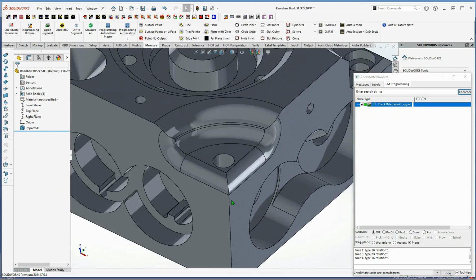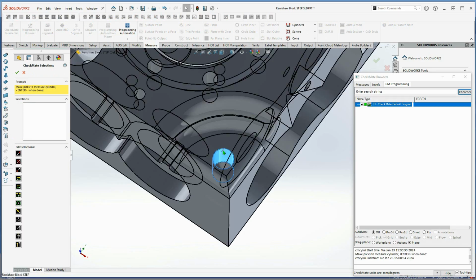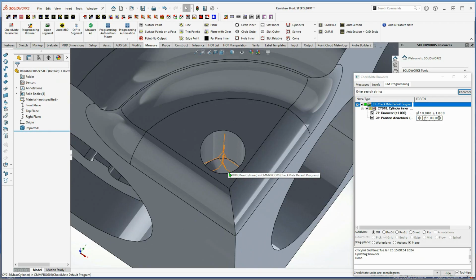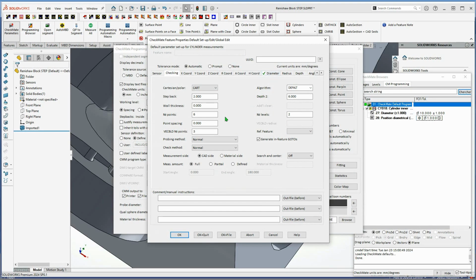So, Wysiwyg. Well, you'll all be familiar with this. I say measure cylinder inner, and I pick a cylinder face, and I get the cylinder measurement displayed with 6 points at 2 different levels. And that's what you saw in old Checkmate. In Wysiwyg, the only reason you're seeing that is because I have my defaults set up for 6 points at 2 levels. If that were instead 12 points on 3 levels,